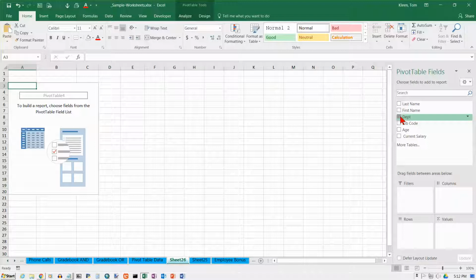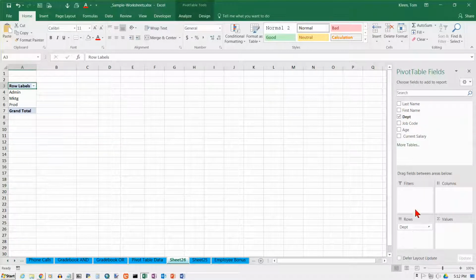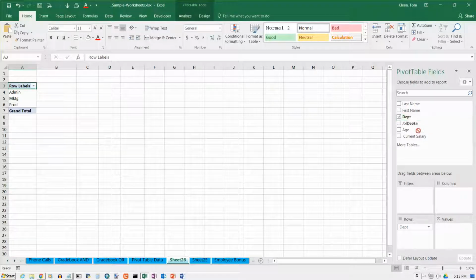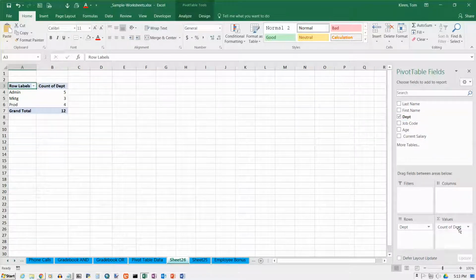I can choose department, and that's a text field, so it goes here by default. And then I can take department, and if you want a second one, you can't click on the checkbox because it turns it off. So leave it on and get your four-headed arrow and drag it down here. And the only thing that Excel can do with a text field is it can count. So if I just want to know how many there are of something